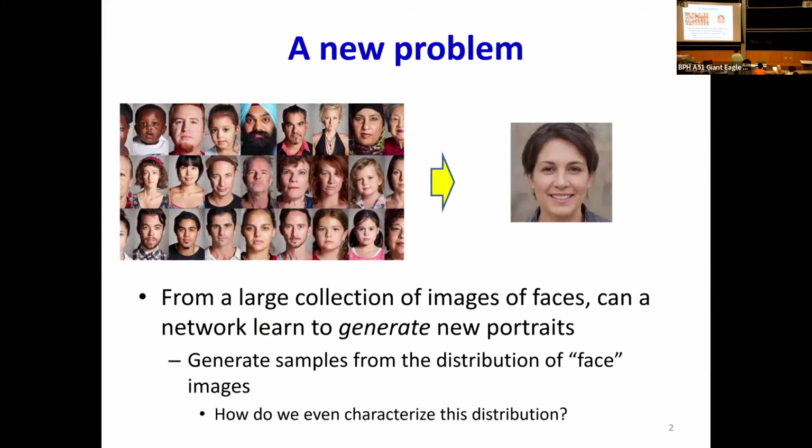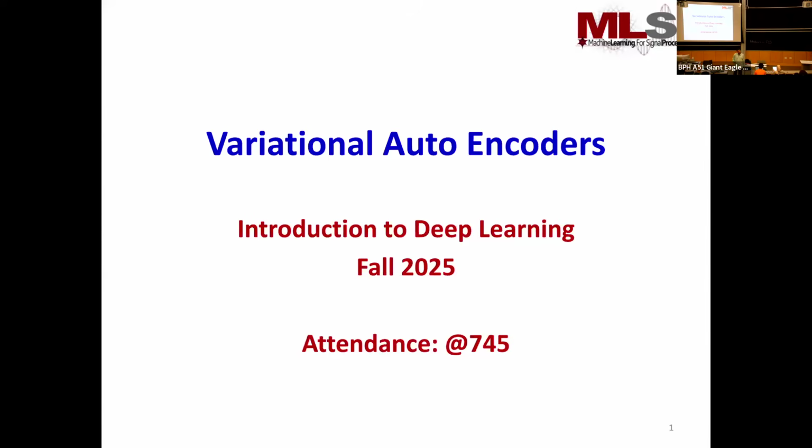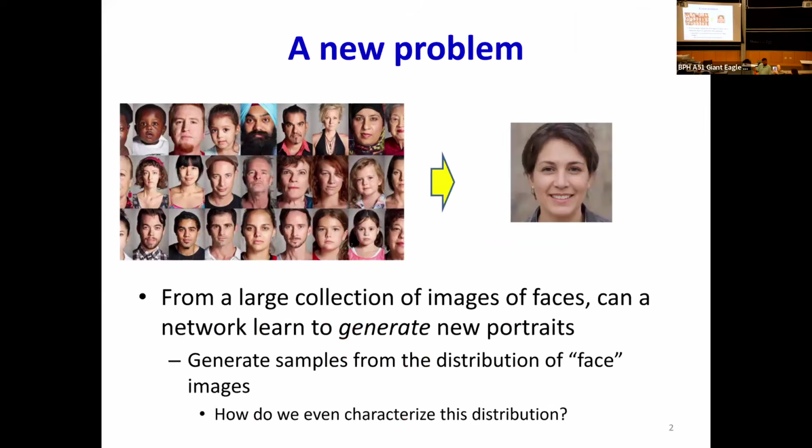So we've talked about neural networks all semester long, and we've focused on how we can do things like classification and prediction and time series analysis and modeling language and things like that, right? We're going to start with a new problem, and that is how to learn to generate stuff, right? We've already done this for language, but that was a kind of abstract concept. Language is something we might understand, but what about images?